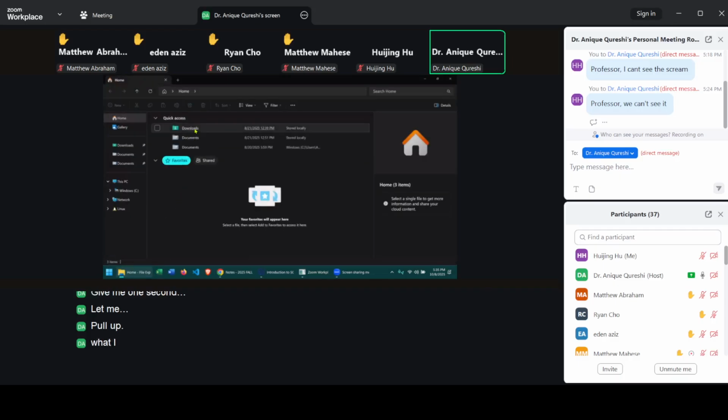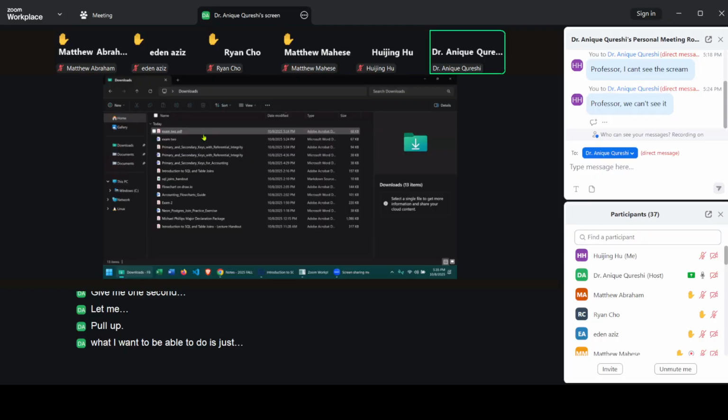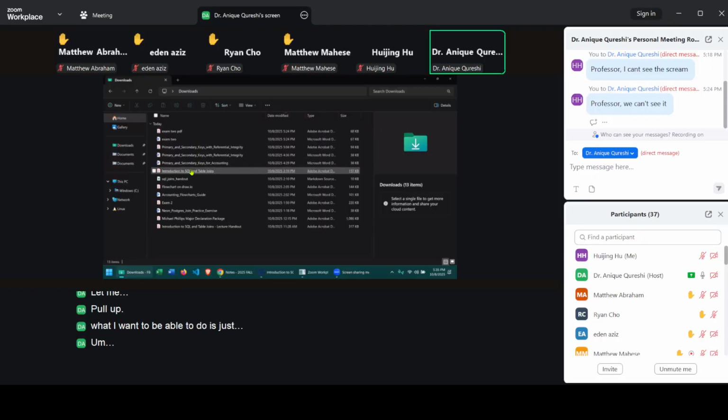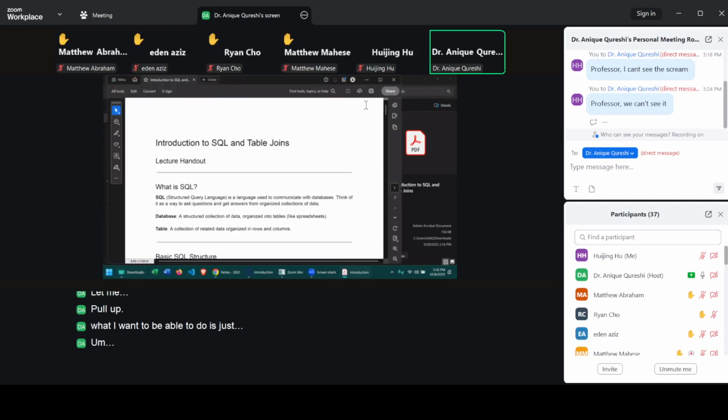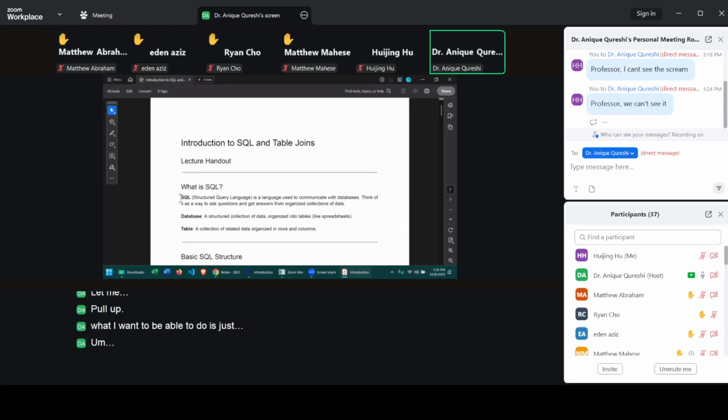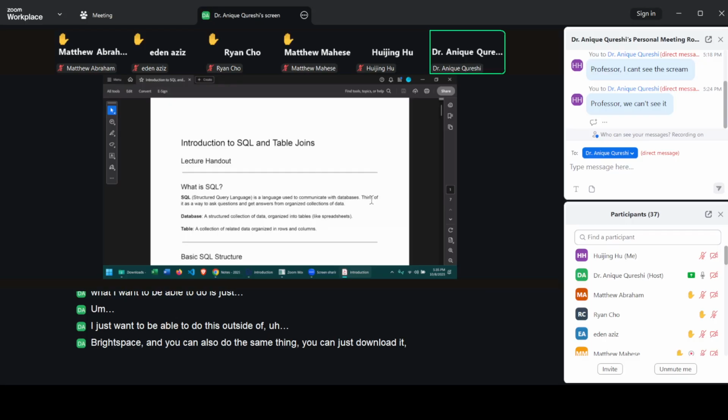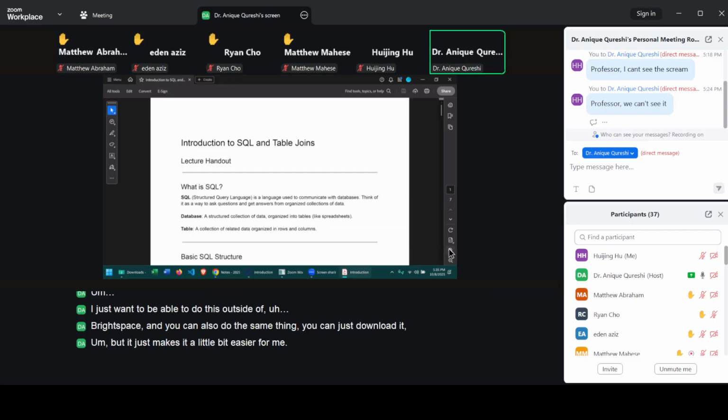What I want to be able to do is just do this outside of Brightspace. And you can also do the same thing. You can just download it, but it just makes it a little bit easier for me to go back and